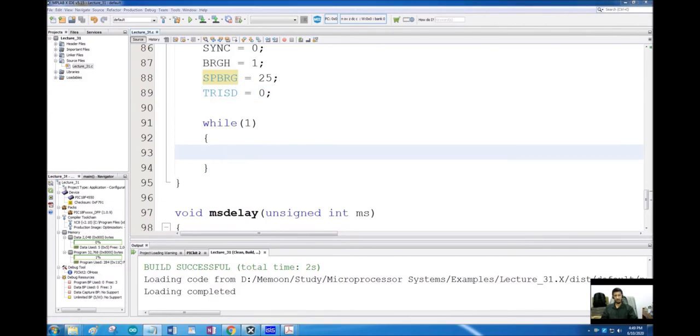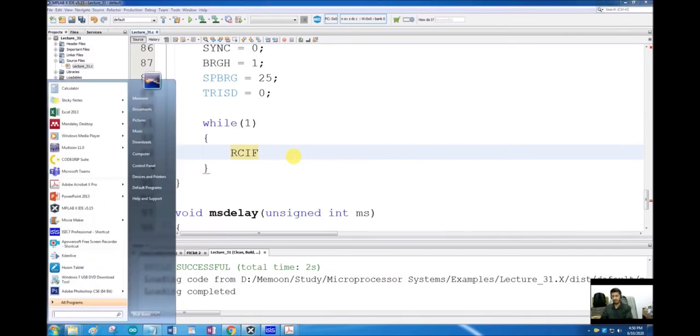Now when will I know that the data is received? Similar to the transmission interrupt flag, I have an RCIF, receive interrupt flag. So whenever this flag is automatically set to 1 by my peripheral, by my hardware module, that will indicate that you have received some data in your reception register.